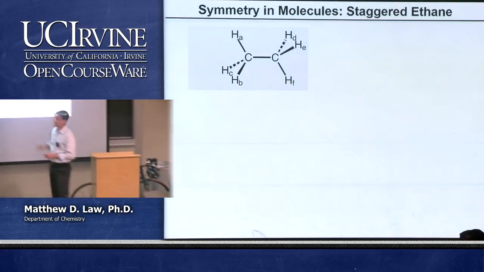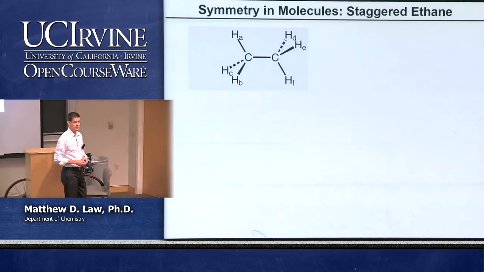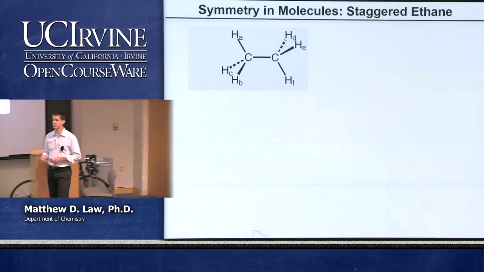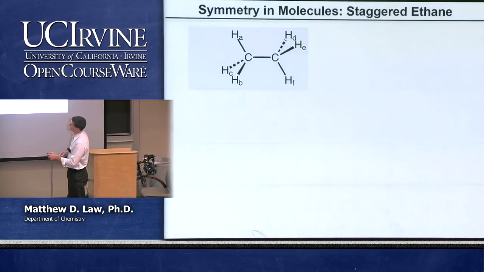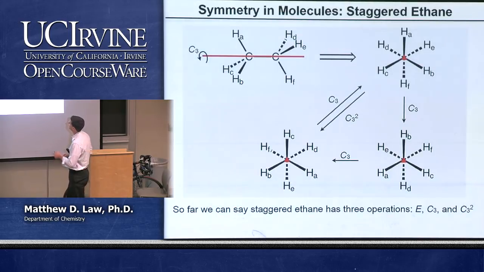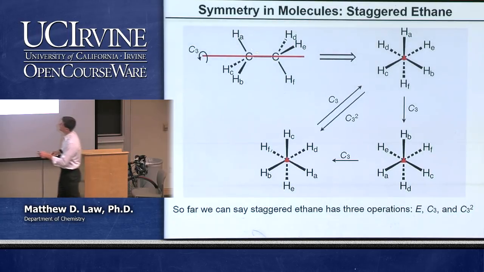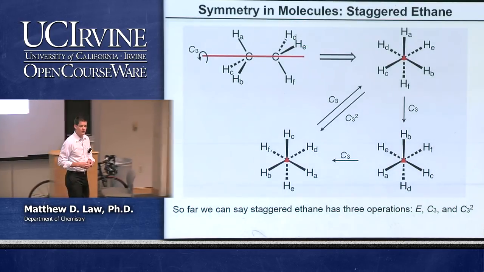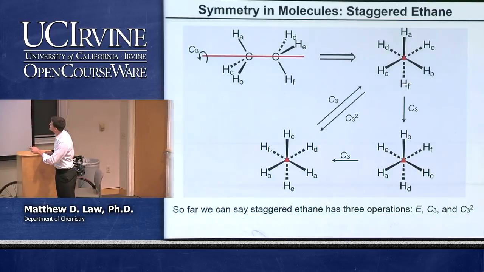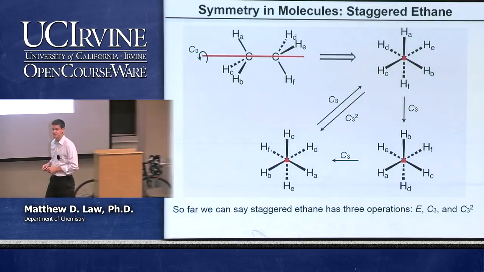What we want to do here is identify, first of all, its highest order rotational axis. This is often the easiest place to start in understanding the different symmetry operations of a molecule. And so we can draw the molecule this direction, where we're looking perpendicular to the CC bond, or we can look at it along the edge here, so down the length of the CC bond, looking from the left-hand side. Okay? And we can assign A, B, C, D, etc. to all the different hydrogens. If we look at it in this particular orientation, it becomes fairly obvious that there's a C3 axis to this molecule.